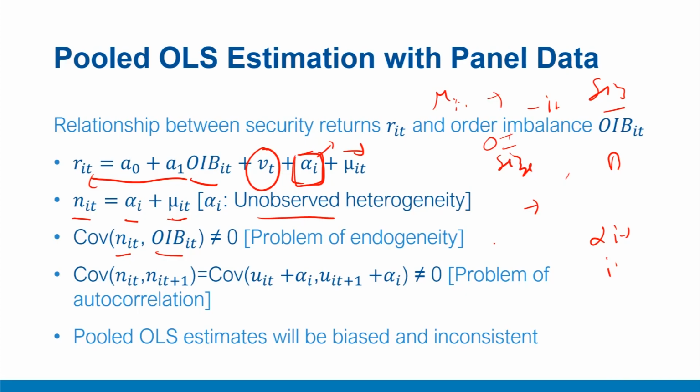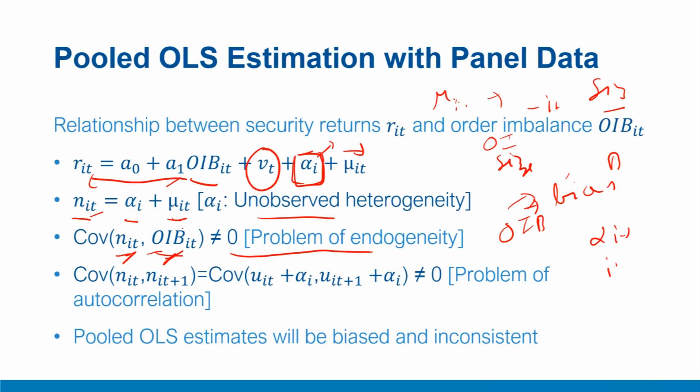Security, for example, a particular amount of trade volume for a large security may have a different interpretation in terms of OIB, while for a very small security, the same volume of trade may have a different interpretation. Same goes for beta and various other similar parameters. And therefore, there is a high probability that this alpha I, which is mixed into now the error term, and therefore this revised error term eta it may have some correlation with OIB. From our knowledge of regression, we already know that this may result in issue of endogeneity when your error term is correlated with your independent variable. This may further result in issues such as biasness and inconsistency of the estimate alpha 1.